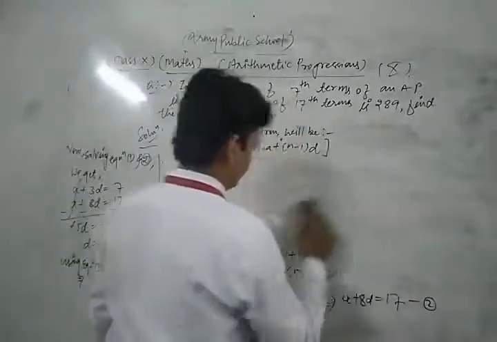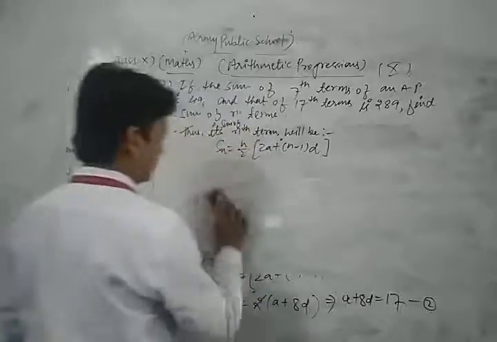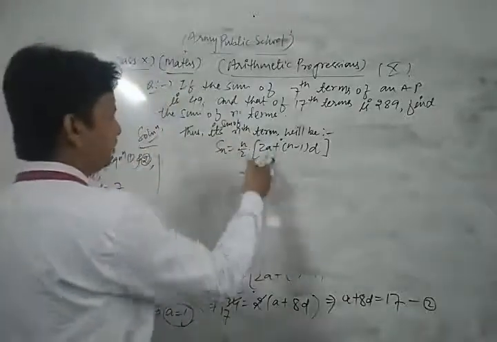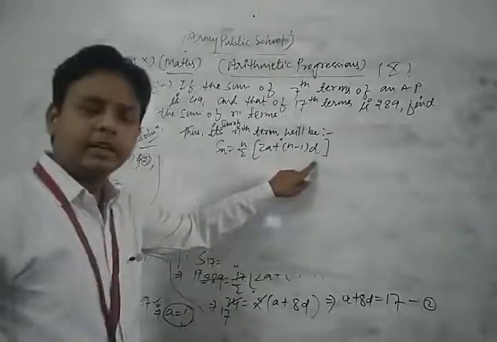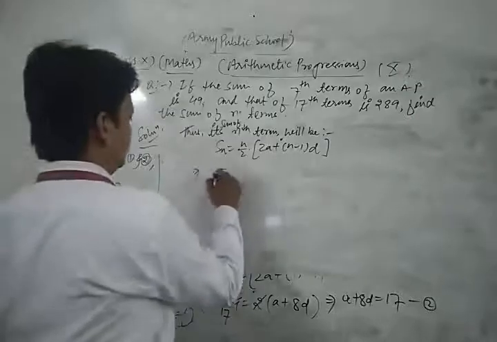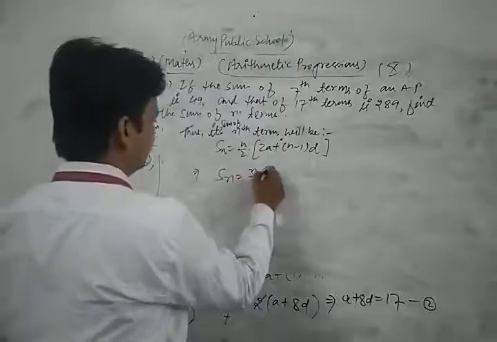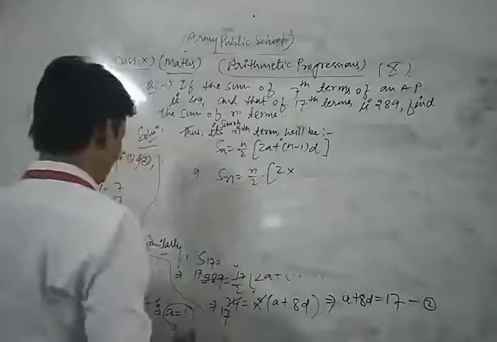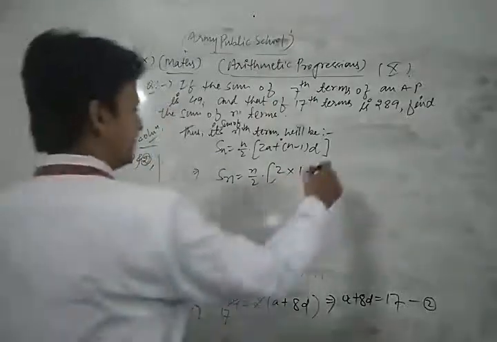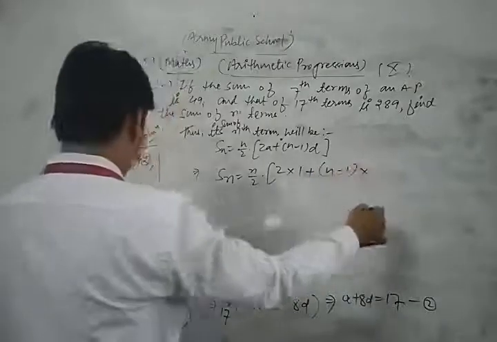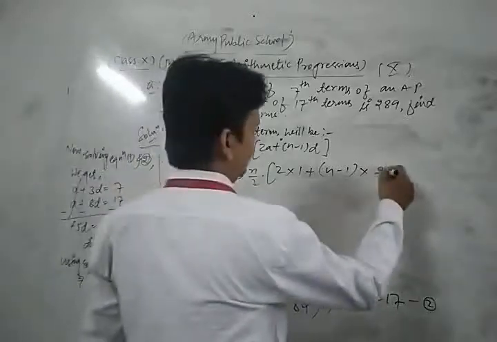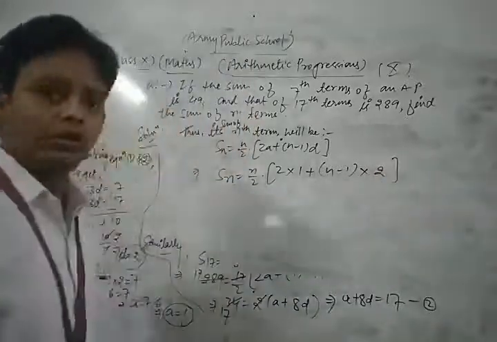Now let's see. So dear friend, here we put the values of a and d in this formula and find its sum of n terms. Let's see. So Sn is equal to n by 2. The value of a is what? 1 plus n minus 1. So n write as it is, n minus 1, and the value of d is 2. So here we write 2. Okay.